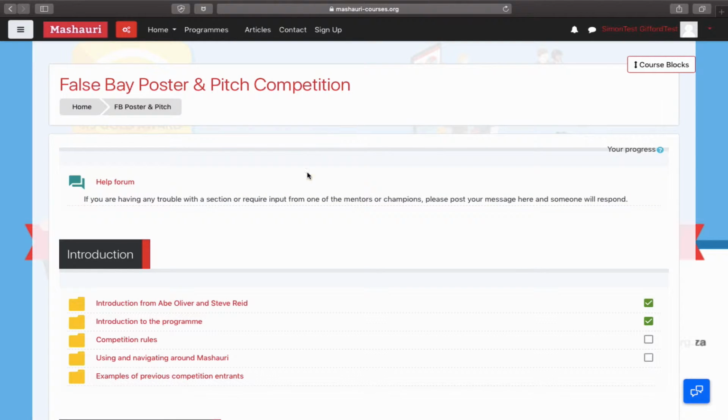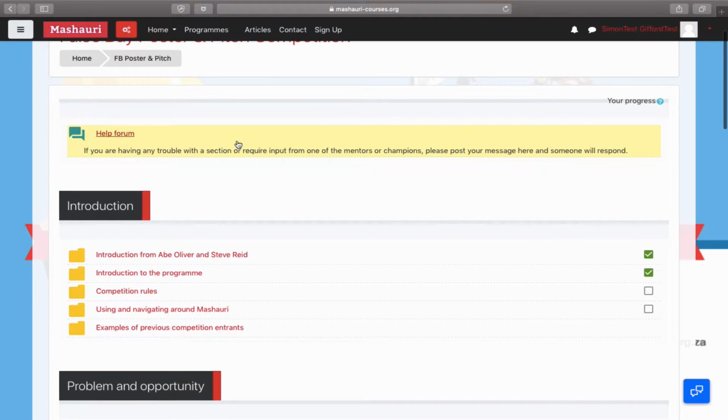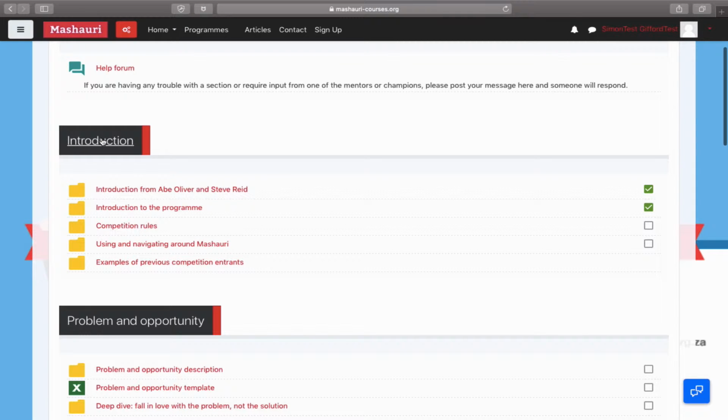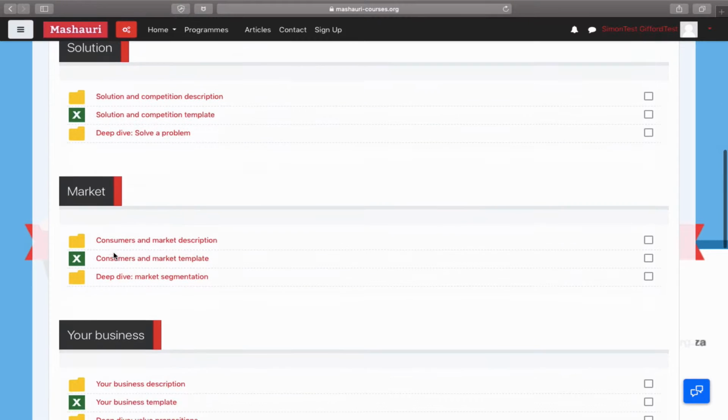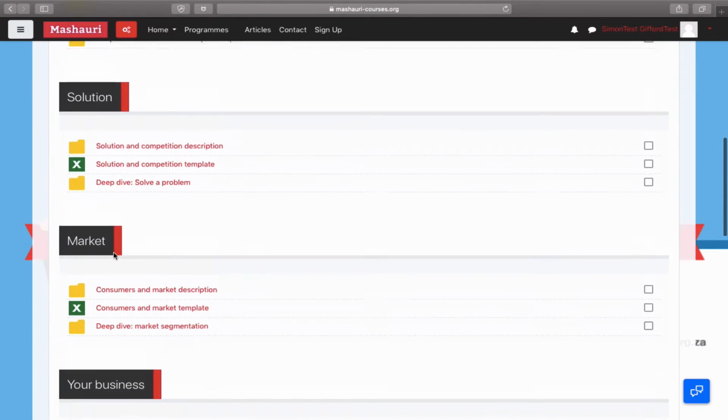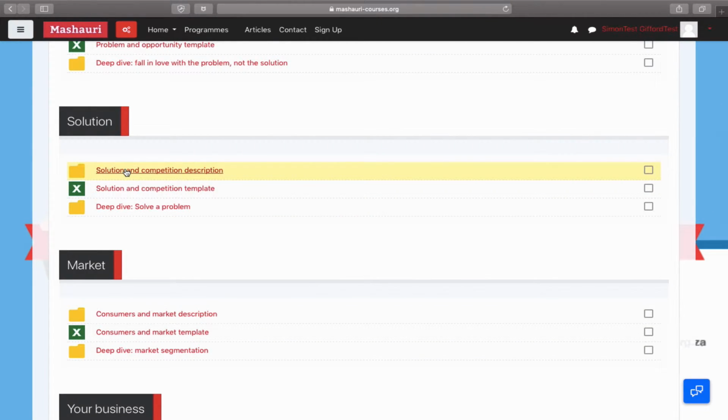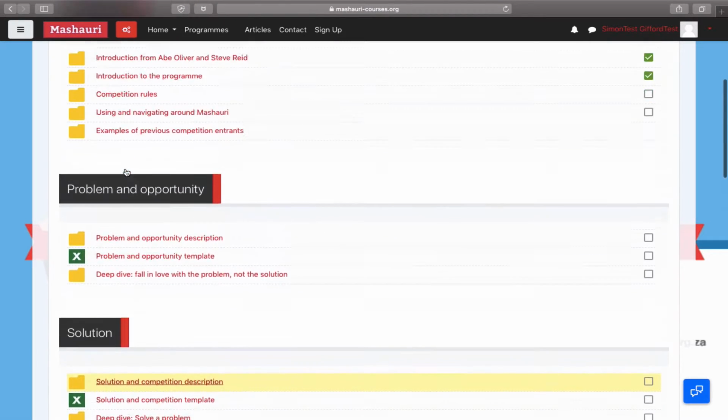And that's what you see. You'll have various sections. There's a help forum. The dark black blocks are different sections with different lessons or activities underneath, and you can just scroll down and see problem, opportunity, solution, market, and so forth. And each one of these icons represents some sort of activity or some type of lesson, and I'll go into that in a moment. First, I want to show you a little bit about navigation around the site,